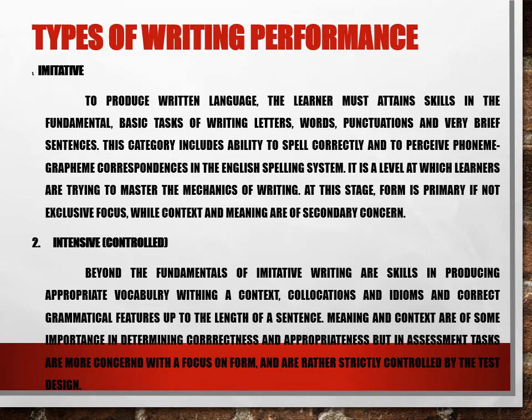Types of writing performance has 4 points. First point is imitative. Imitative writing is to produce written language. The learner must attain skill in the mechanics of writing letters, words, punctuation, and very brief sentences. This category includes the ability to spell correctly and to perceive phoneme-grapheme correspondences in the language's spelling